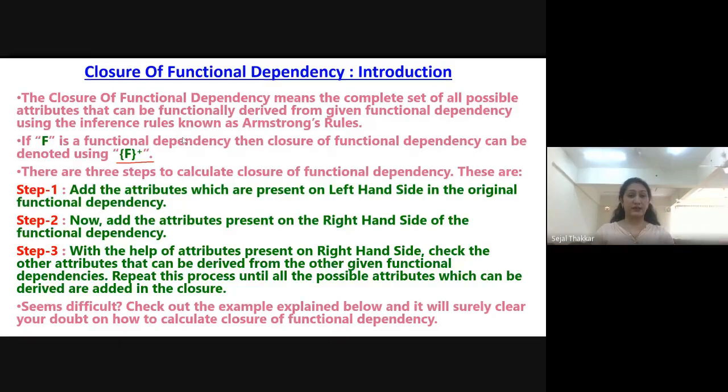The second thing is foreign key. Foreign key shows the relationship between two tables. The first table is known as a parent table and the second table is known as a child table, or we can say master table and detail table. So foreign key is used to show the relationship between two tables. Okay. Its example is: suppose student has a student ID as a primary key and library table has book ISBN number as a primary key.